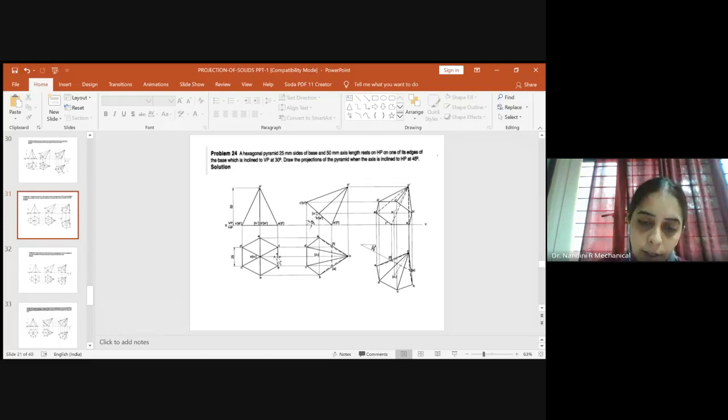Kindly darken it. Once you darken it, for each solid, you need to join the diagonals to identify the center. So you will join all the diagonals and identify the center over here. You know that you have the top center and the bottom. So when you view from the top, the center O will be visible, whereas O1 of the bottom surface will not be visible. So O1 you will write within the bracket and O outside the bracket. And for other corners, you will name accordingly A, B, C, D, E, and F.